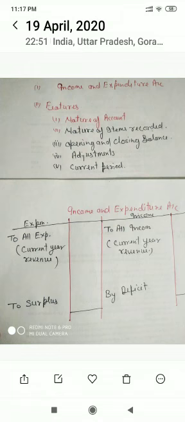Now let us go to the next topic, features of a non-profit organization. The first feature is the nature of the account. The nature of this account is like a nominal account. I think you know about the nominal account, which relates to income and expenditure. In the same way, here we present all expenditure on the debit side and all income on the credit side.